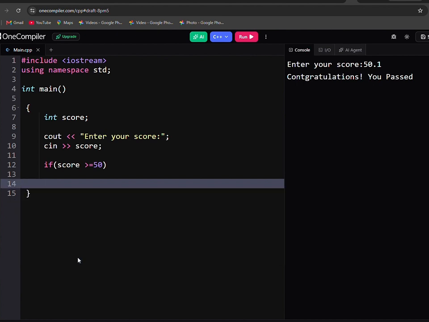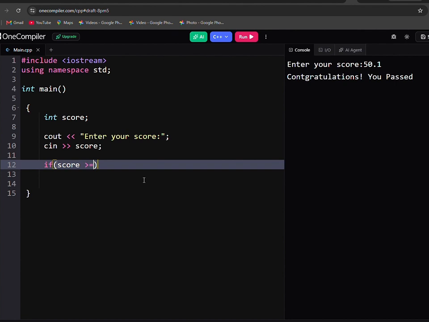So we declare integer score because it is an exam. We declare our integer score. After declaring score as an integer, we enter the score, and then what? We listen to the score we are going to put. Since we are doing multiple choices,